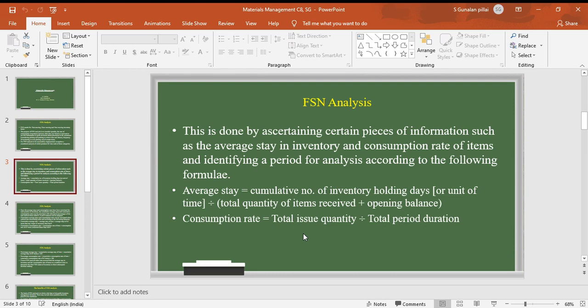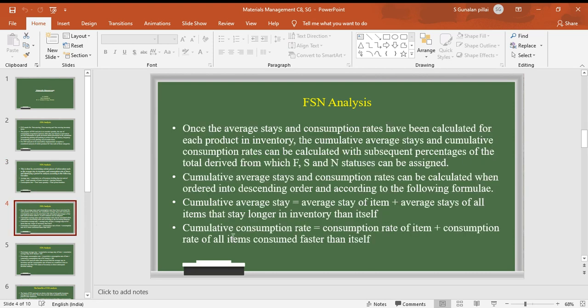So average stay, consumption rate. Average stay means how long that product has stayed in the store. Consumption rate is how much that particular product is consumed by the manufacturing or wherever the product is required. These are some of the important tools and formulas which will be very useful for the